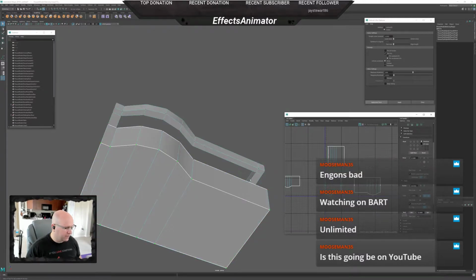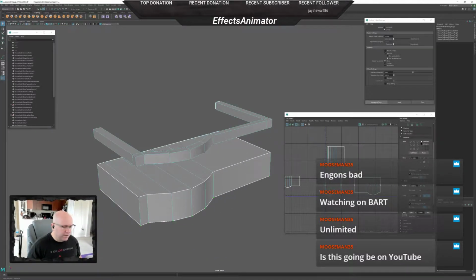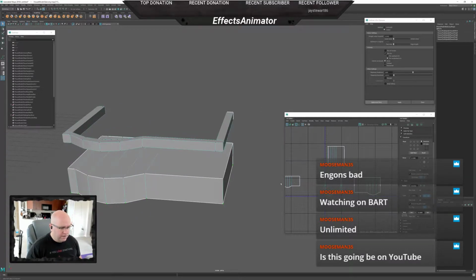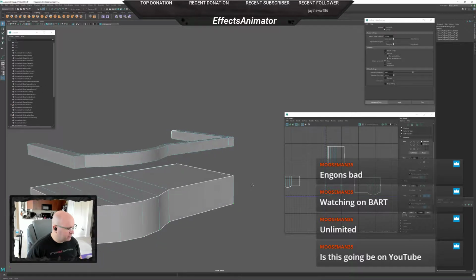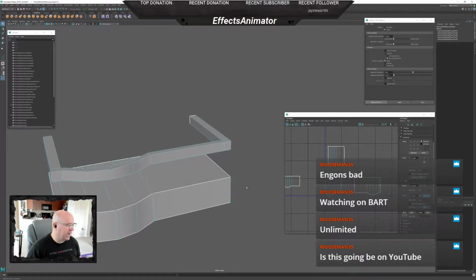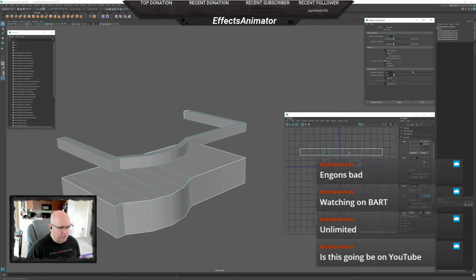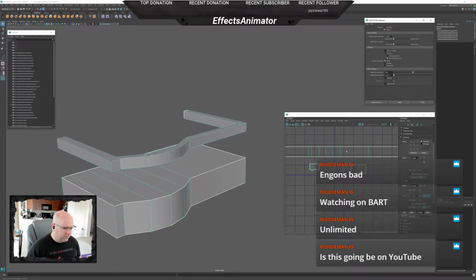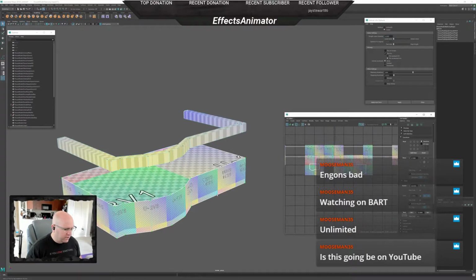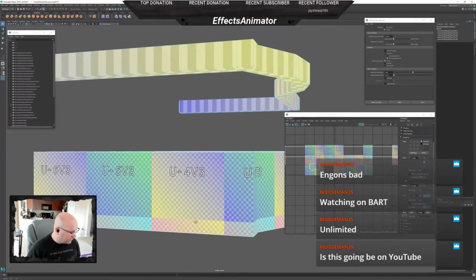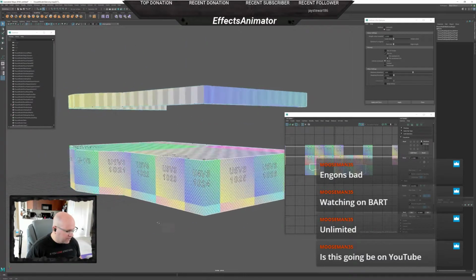Nice clean checkers. So now we just have to deal with the sides here. I think okay, let's just keep moving. All right, let's just grab the sides and give it a shot. Try unfolding. That should be fine. Let's check the checkers. Yeah, it looks clean. Again, because this has